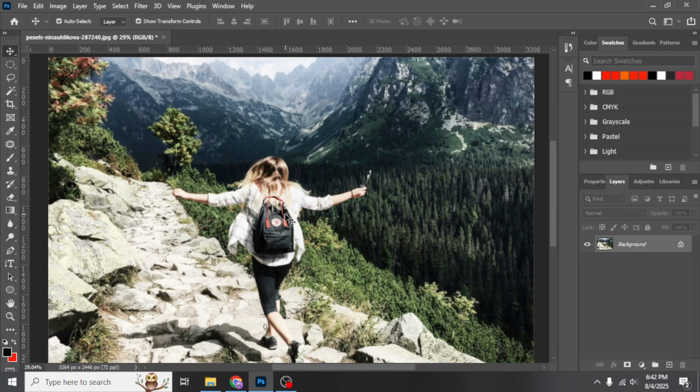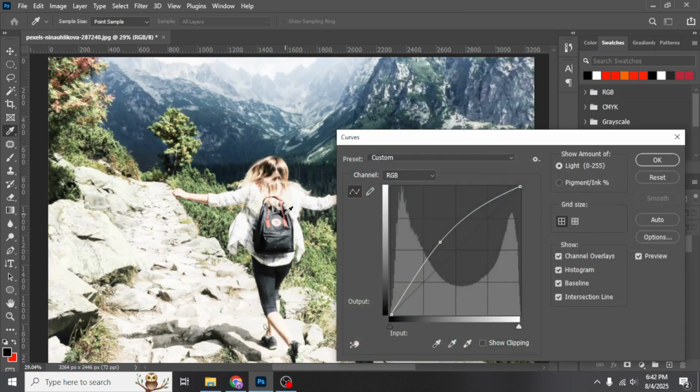With your photo open in Photoshop, we move on to enhancing the curves. The Curves tool is a powerful feature that allows us to adjust the tonality of the image and bring back those lost details in the highlights. To access Curves, you can go to the top menu and choose Image, then Adjustments, and finally Curves. However, a quicker way is to use the shortcut by pressing Ctrl plus Alt plus M on your keyboard. This will open the Curves Adjustment panel, giving you access to a graph that represents the tonal range of your